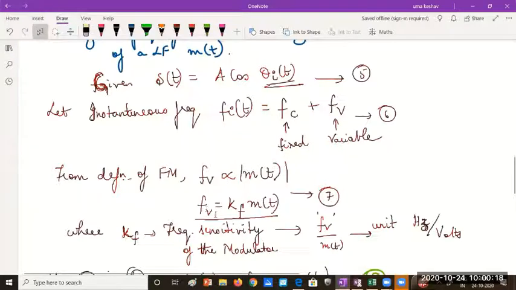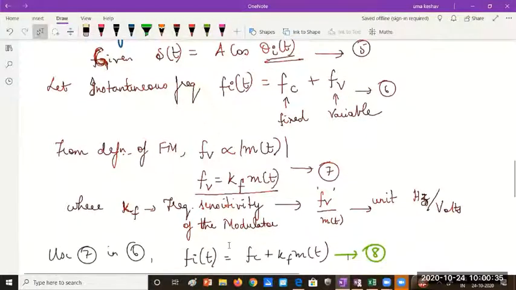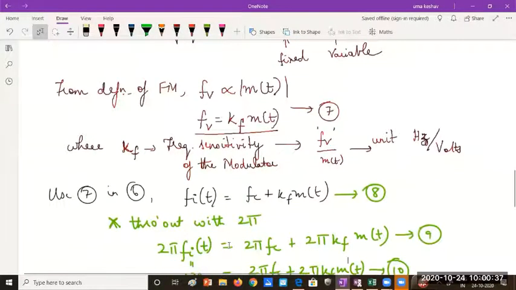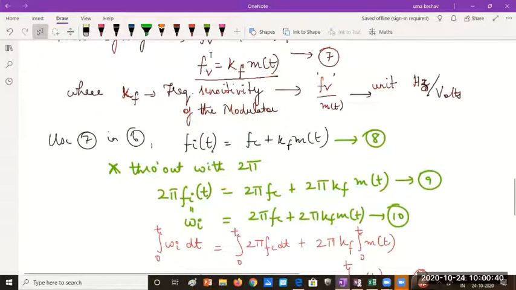Removing that proportionality symbol, I can say it is equal to a constant kf into m of t, where kf represents the frequency sensitivity of the modulator, and the unit is hertz per volt. Now, substituting this variable frequency value in the instantaneous frequency Fi of t, I'll get Fi is Fc plus